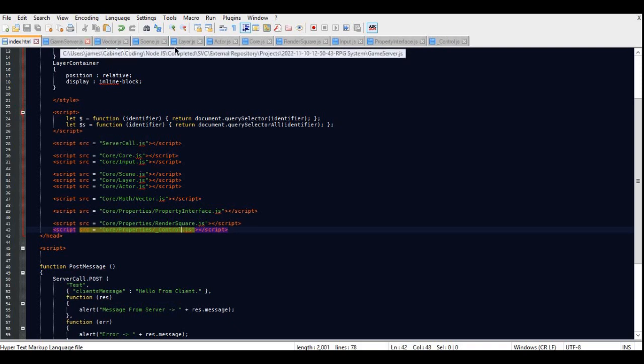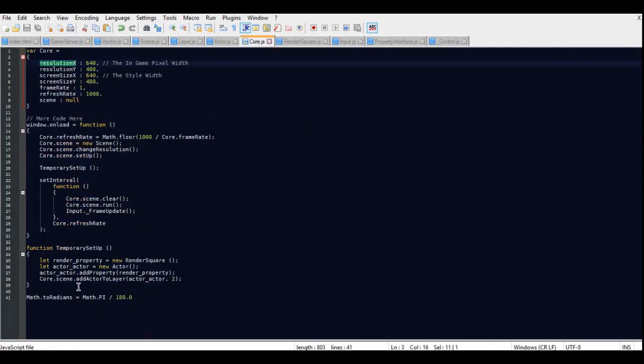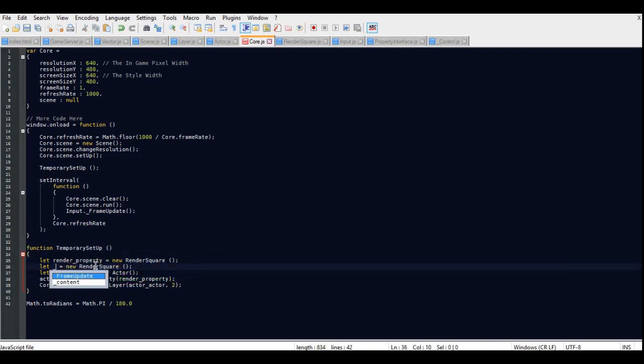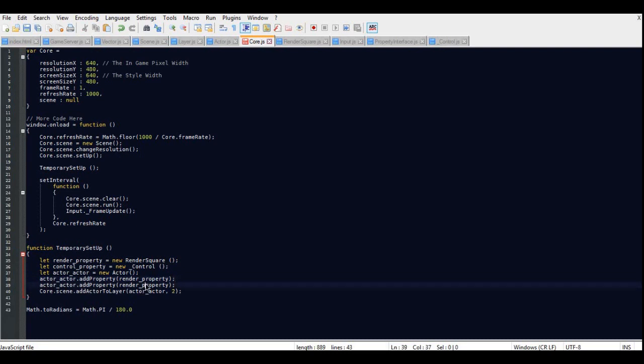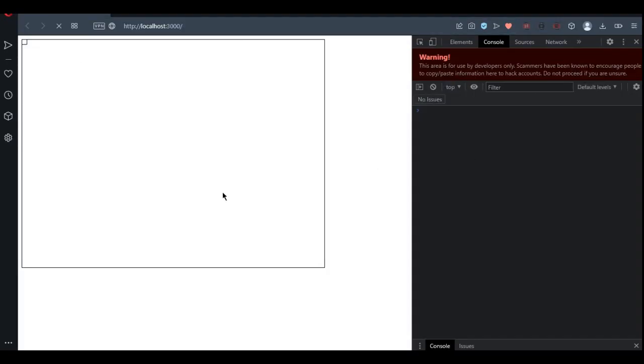Right, we did not add it to the actual object, which I believe was temporarily doing it in here, temporary setup. I want to make a reference to the control underscore property and put underscore control. Just duplicate this and we'll just add it to the. So I'm just adding the property to the actor. So now it's got two properties on it. This actor here and